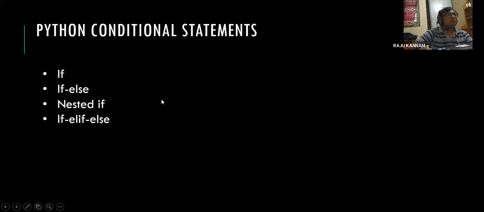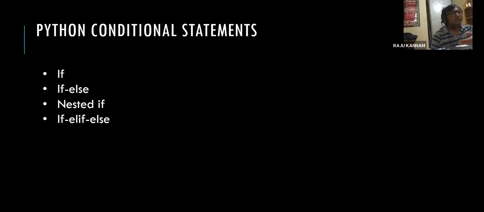So now the conditional statements, Python conditional statements. In Python, what is the use of these conditional statements? These are very important. These statements are used to take a decision on the basis of some conditions. For example, some scenario is there. When the switch is on, I want to turn on the light. When the switch is off, I want to turn off the light.